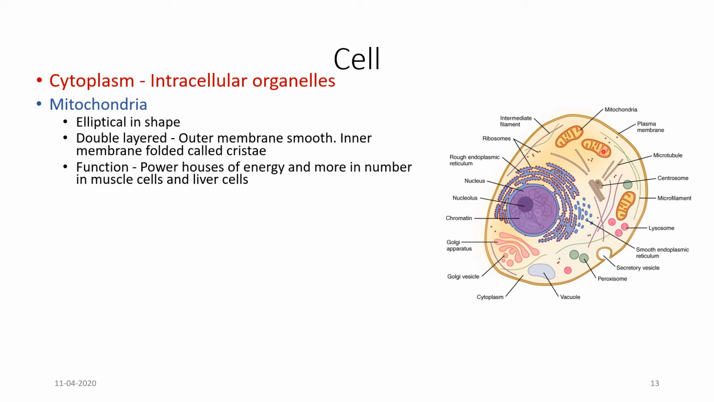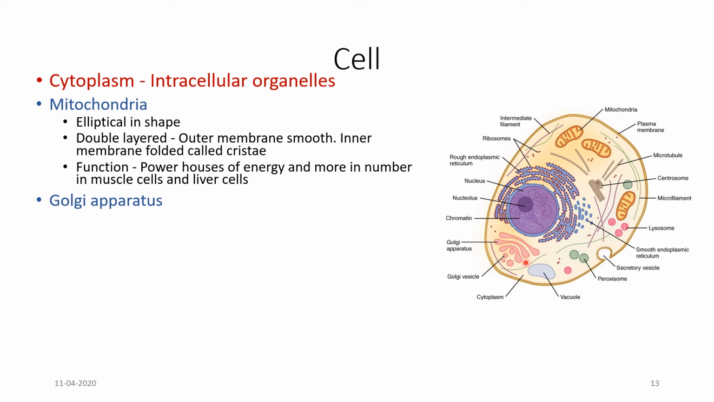These are powerhouses of energy and are more in number in muscle cells and liver cells. So the mitochondria are rich in number in muscle cells and liver cells. The other component is the Golgi apparatus. See, this is the